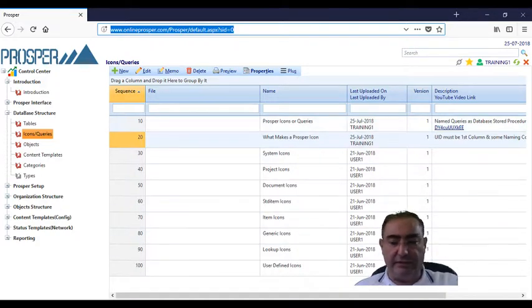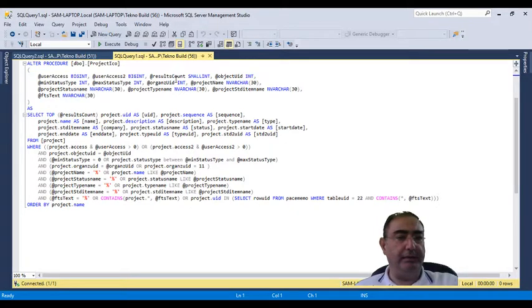Let's move a little bit to SQL. Let me show you an icon that is called project. You see, it's called project. So the query of the icon is called project ICO. So it's very important, the name is very important. Since it's called project, there must be a stored procedure that's called project ICO. In the stored procedure called project ICO, it has a select statement. Basically, select blah blah blah from blah blah blah where, and an optional order by, a normal query